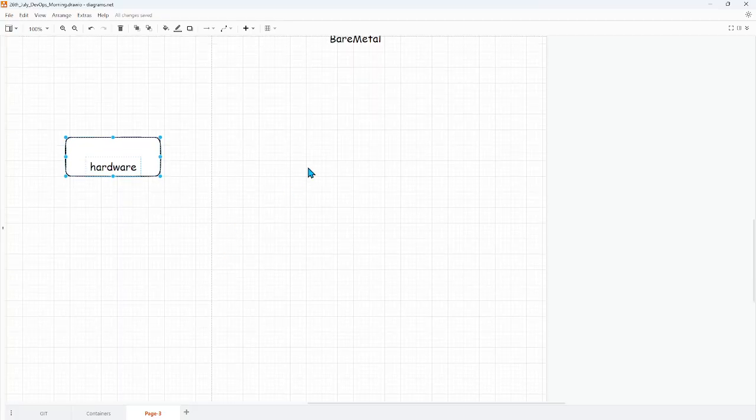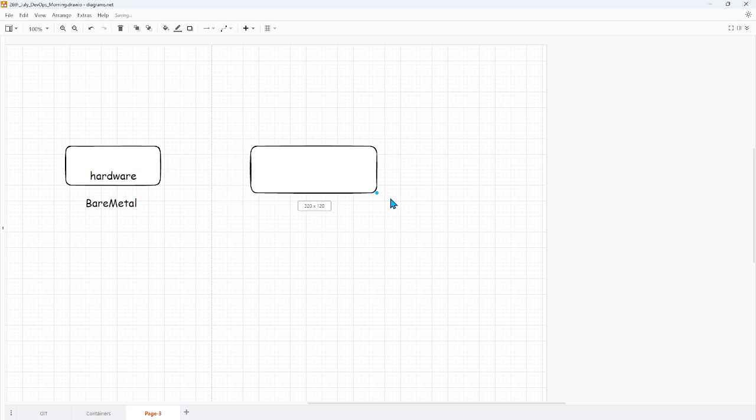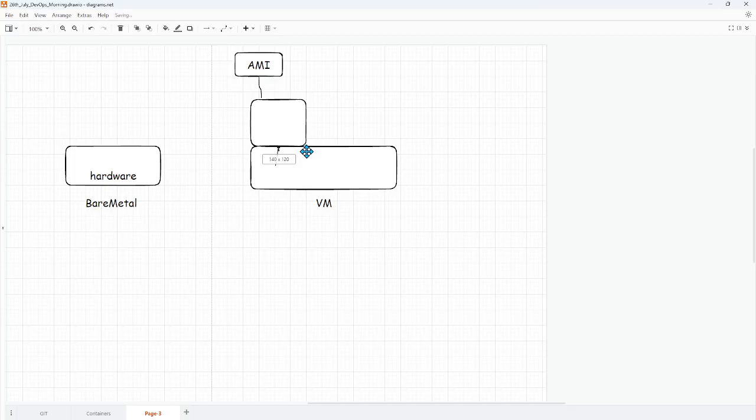Then there is another concept known as VMs in cloud. Hardware you are not going to manage, that is managed by the cloud vendor itself, whether it's AWS, Azure, Google, Oracle, whatever it is. So this is your VM. If I talk about AWS, it's an AMI. You can come up with an operating system image and install a VM. So you will get a virtual machine based upon the operating system that you have selected.